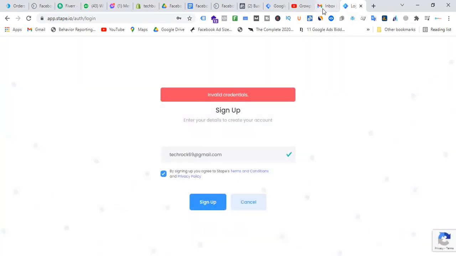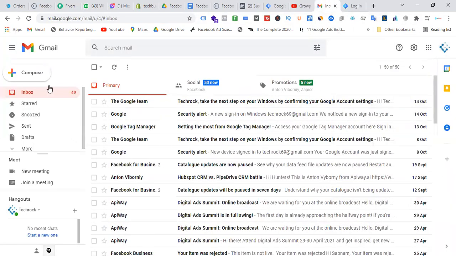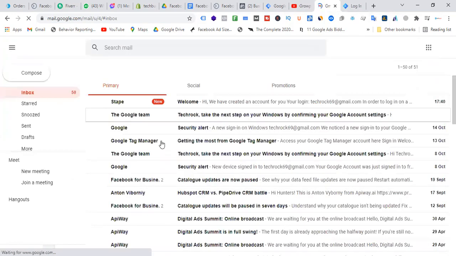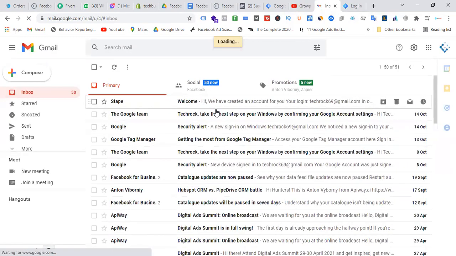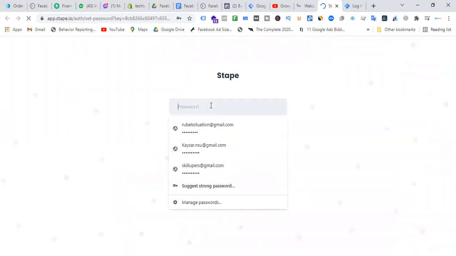And you will get a mail. Just refreshing my mail. Okay, from Stape, one mail already came. I just have to click here and set the password.